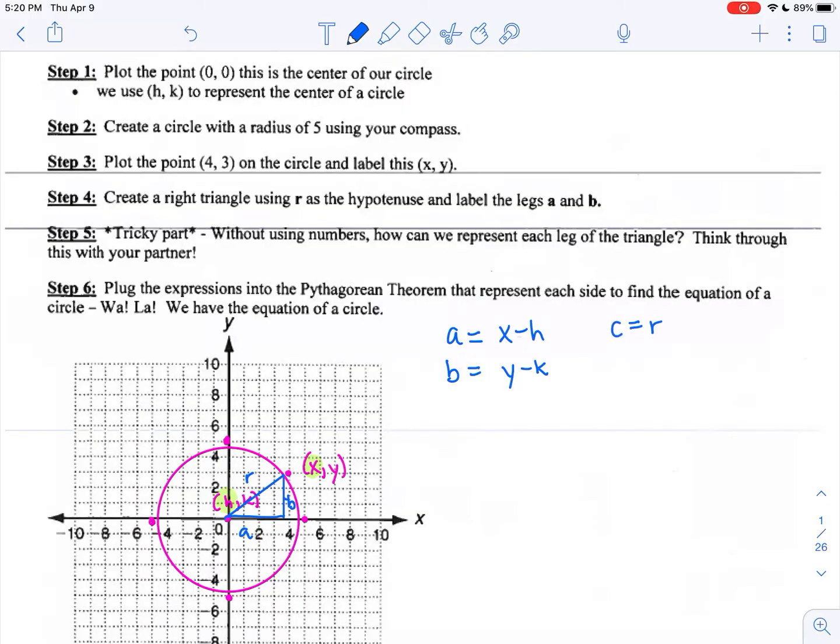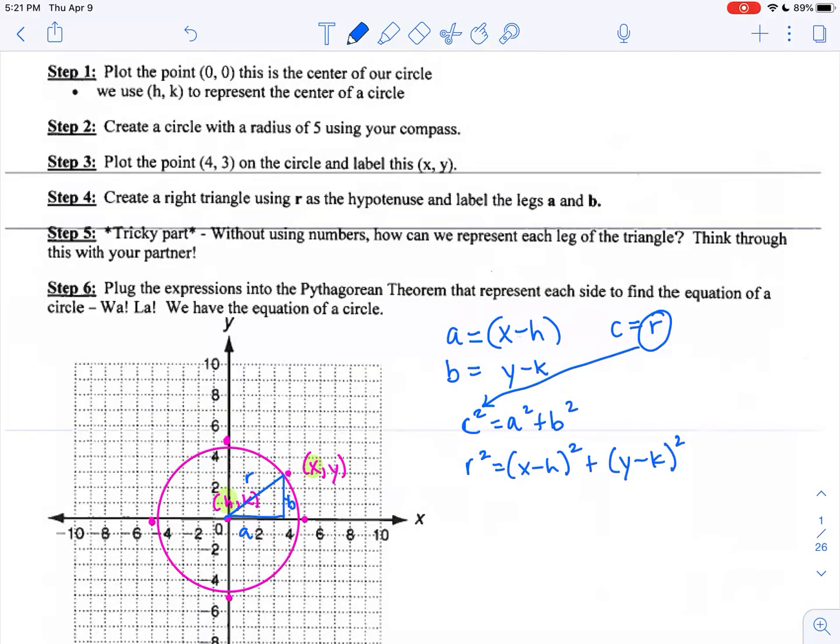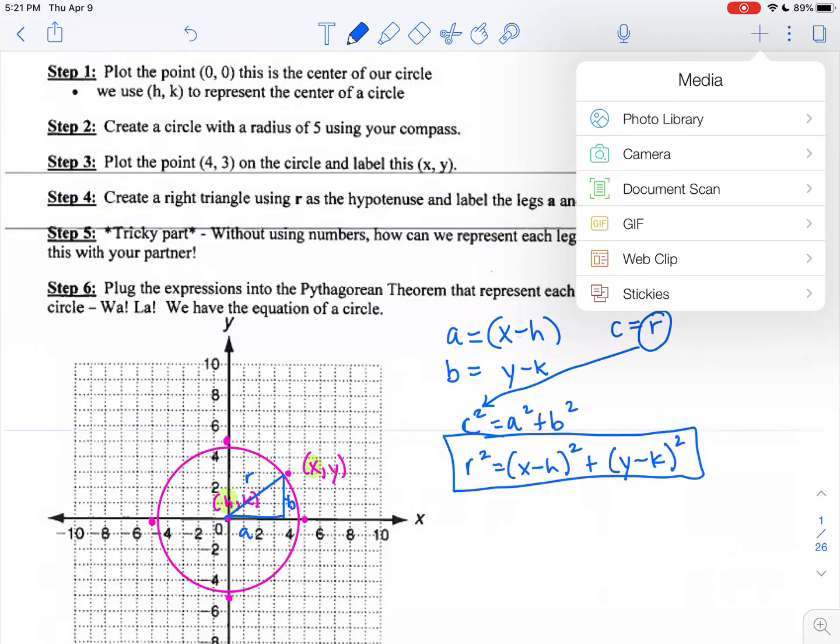And then the hypotenuse c is equal to the radius, r. So if I plug everything into Pythagorean theorem, I have c squared equals a squared plus b squared, or in other words, r squared equals x minus h, in for a squared, and then substitute y minus k in for b. That gives me my equation of